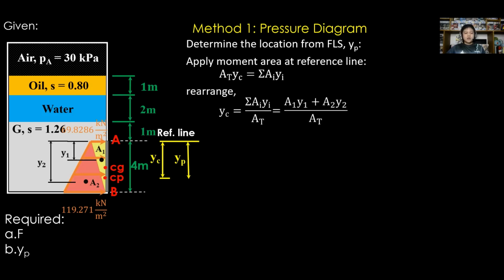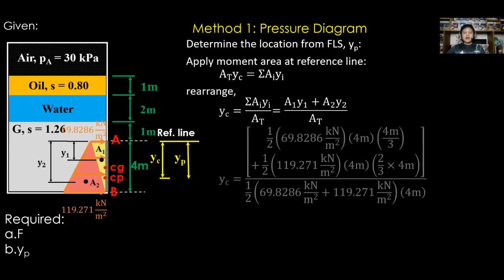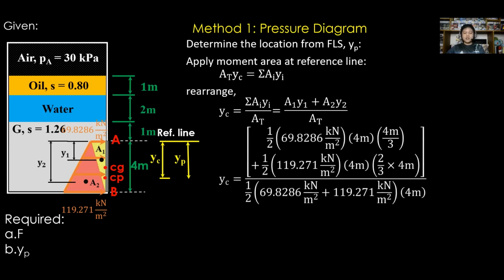Update the equation with 2 shapes. Therefore, Y sub C is equal to A sub 1 times Y sub 1 plus A sub 2 times Y sub 2 all over the total area. Assign and substitute the values in the equation. Thus, Y sub C is equal to